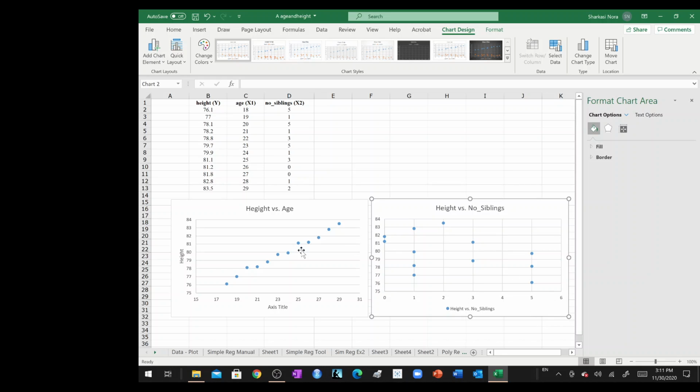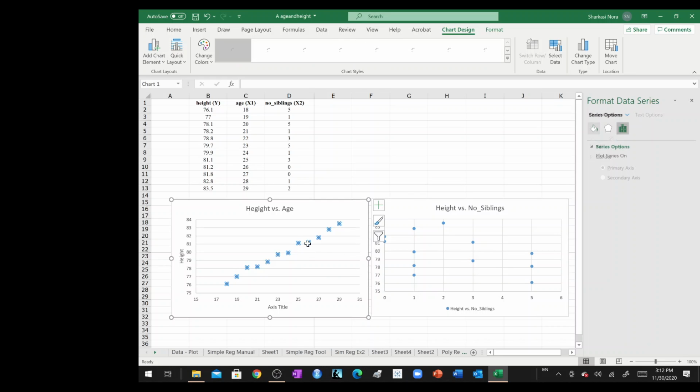So over here, this is our height versus age. It is so obvious that there is a kind of linear correlation. Perfect. Over here, it is very difficult to see the linear correlation or the R Pearson coefficient,